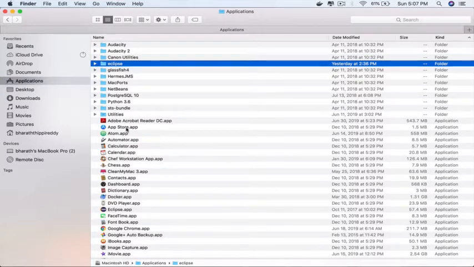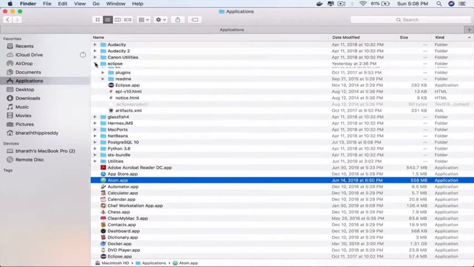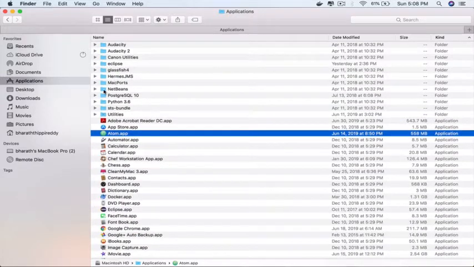In this lecture, I'm going to show you how to use Atom. So if you're going to use Atom, you can skip the next few lectures where I show Eclipse installation. You don't need Eclipse if you are using Atom. So you can install any IDE of your choice. Since some of you are having a tough time installing Eclipse, I'm showing how to use Atom for Python.